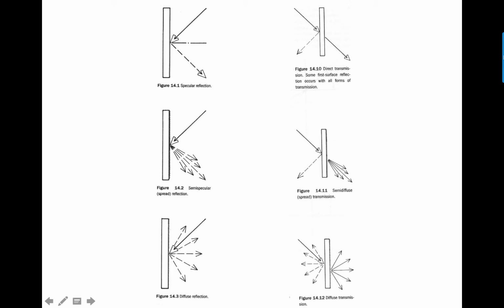One is for opaque surfaces, which is on the left, and the three ways that the view depicts. One is a specular reflection. Specular basically is another word for reflective, so a specular reflection would be purely a mirror. Then there's semi-specular, and this kind of correlates to somewhat matte, more matte surfaces. And then completely matte surfaces have diffuse reflection. So the light hits it and it actually kind of spreads all around. As opposed to a specular reflection where the light hits the surface and it basically bounces away at exactly the